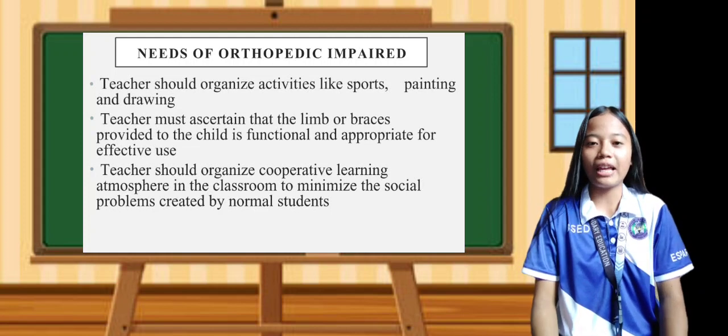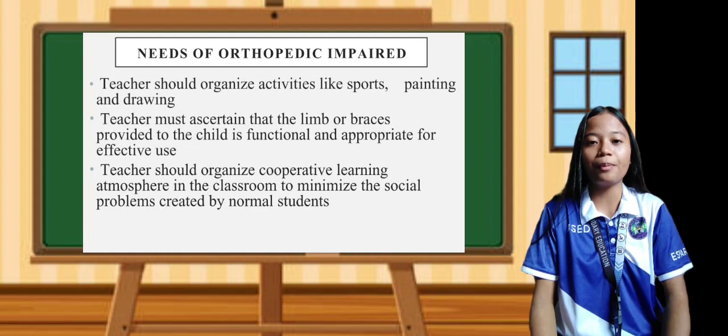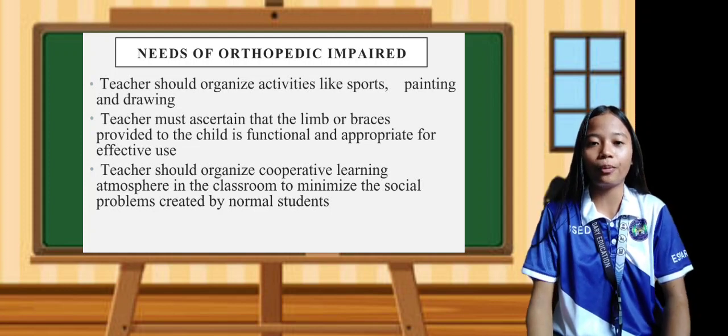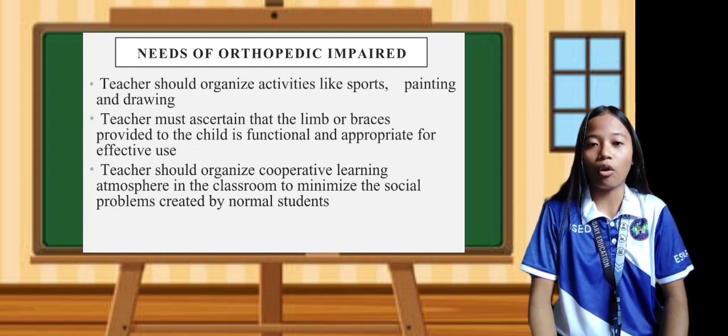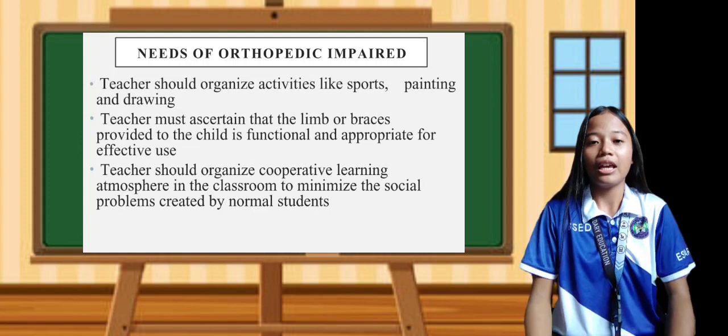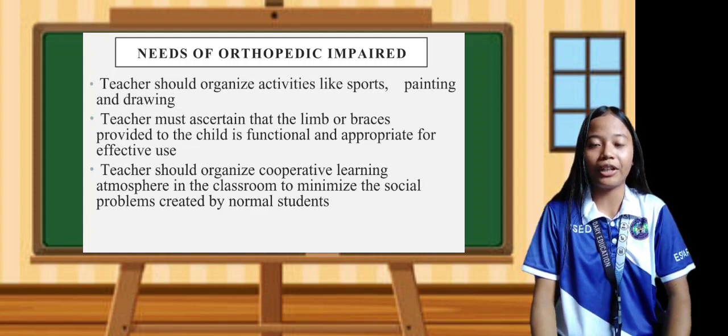Teachers should organize activities like sports, painting, and drawing. So it is the goal of the teacher to organize her students, especially if the student has an orthopedic impairment. And teachers must ascertain that the limb or braces provided is functional and appropriate for effective use. So the teacher should also make sure that what the child wears is effective and has no complications that would get in the way of the child's movement. Teachers should also organize a cooperative learning atmosphere in the classroom to minimize the social problems created by